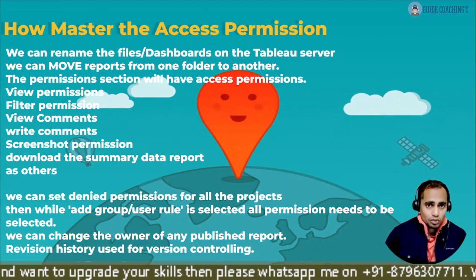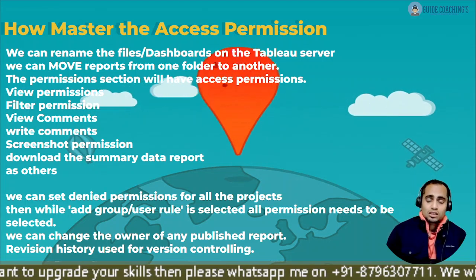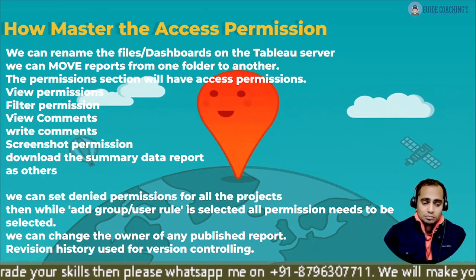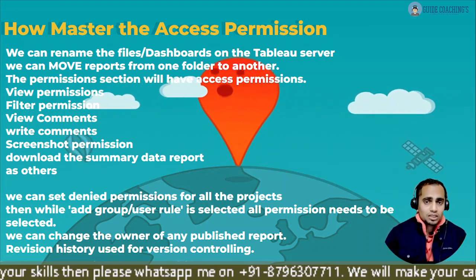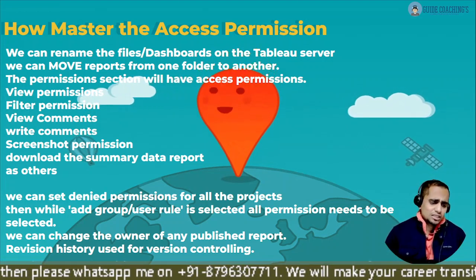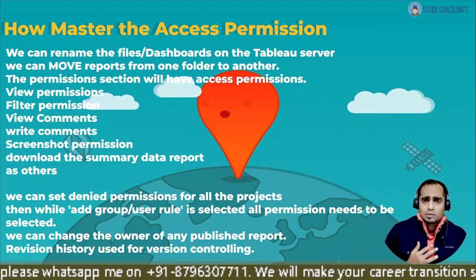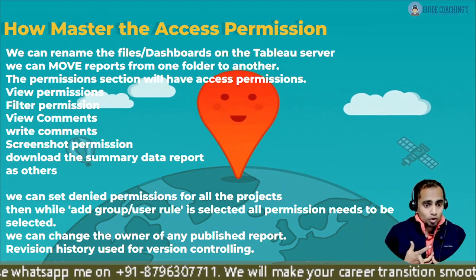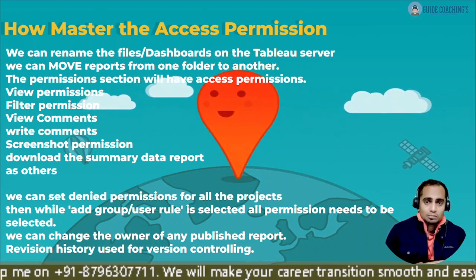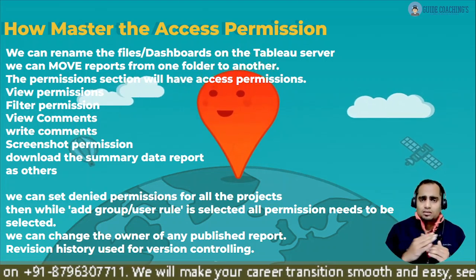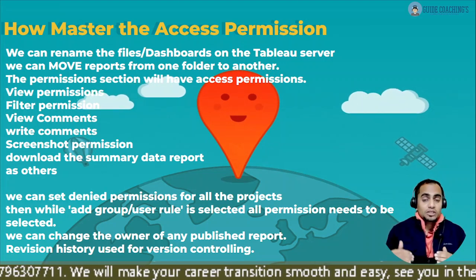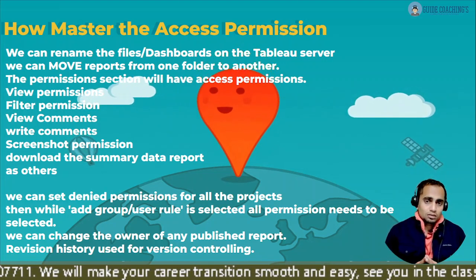Plus there is one more option, that is the permissions selection. You can click on the permissions option, and then there are multiple permissions available there. You can click on it and set those permissions. There are multiple permissions like view permission, filter permission, view comments, write comments, then screenshot permissions, then you have download and summary data reports, and others like that. Some more permissions are there, so you can go and check them out by logging